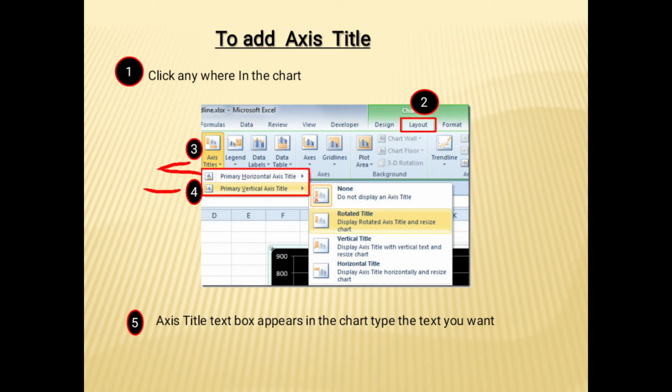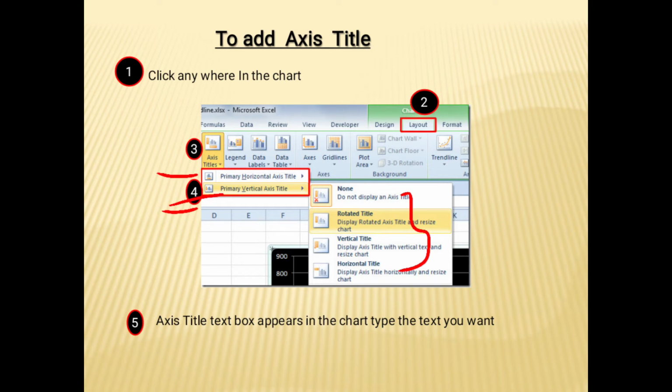Do one of the following. To add a title to the primary horizontal axis, that means the category axis, you click primary horizontal axis title and then click the option that you want. If you want to add a title on the primary vertical axis, you click primary vertical axis title.